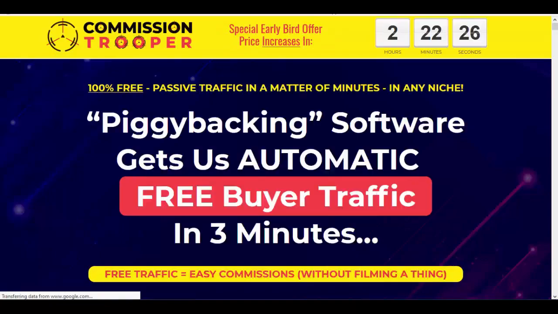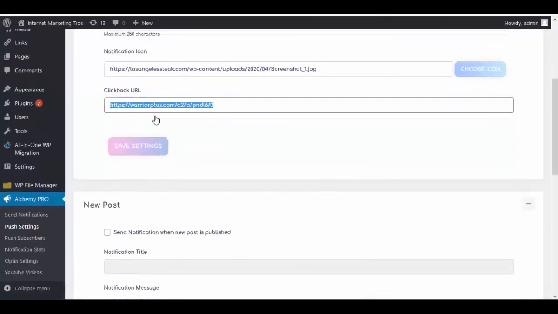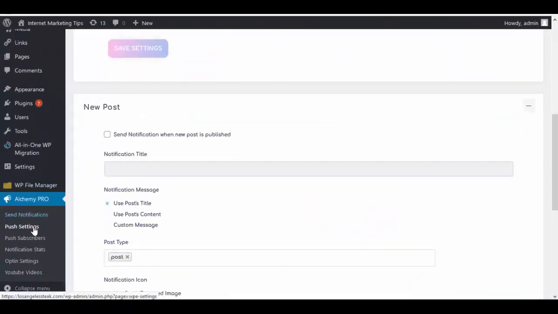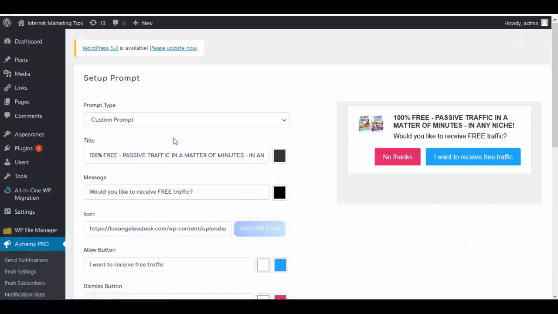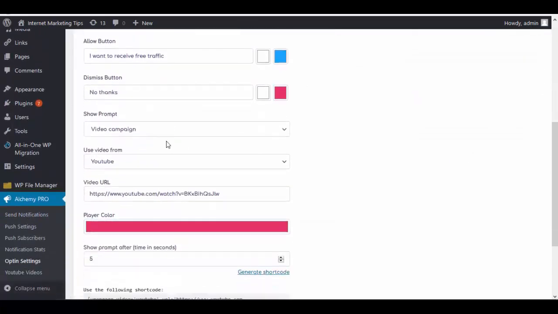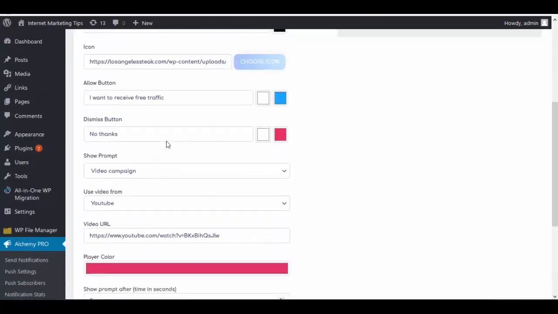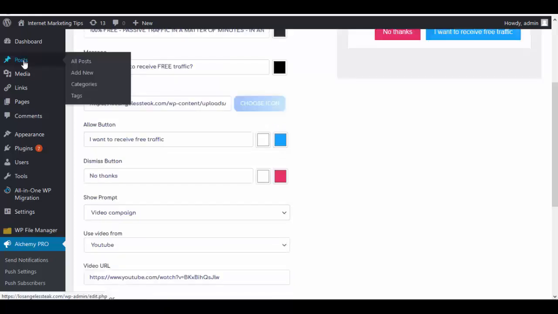That's the sales page. Just logging out of that, and this is where I set the actual send notifications. And when I go to opt-in settings, that's where I create the buttons and everything, so it's very easy to set up. And what I'm going to do now is go back to that video and show you how it works, and then we're going to regroup in a couple of days and let's see what sort of results I get from this. So I'm going to go back to posts and all posts